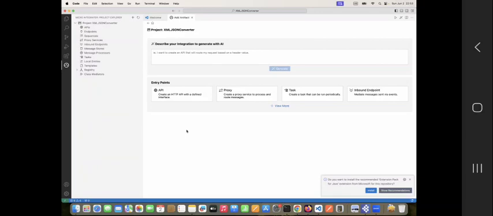I didn't show that in the previous demonstration, but I'll show it here. But one thing that might catch your eye is this section, describe your integration to generate with AI. So this is a GitHub Copilot powered artifact generation. You can just type in, say, create an API that converts an XML to JSON. And once you click create, and if you're doing this for the first time, it's going